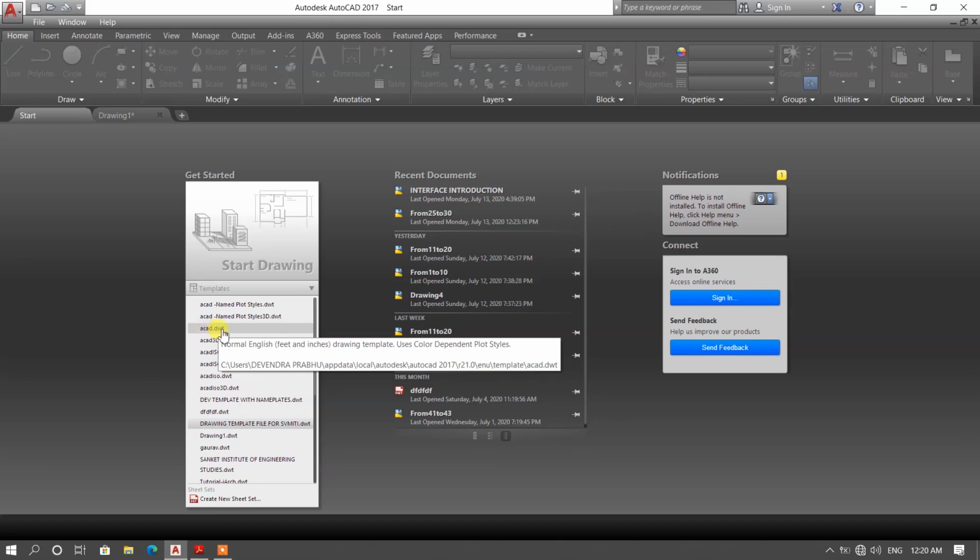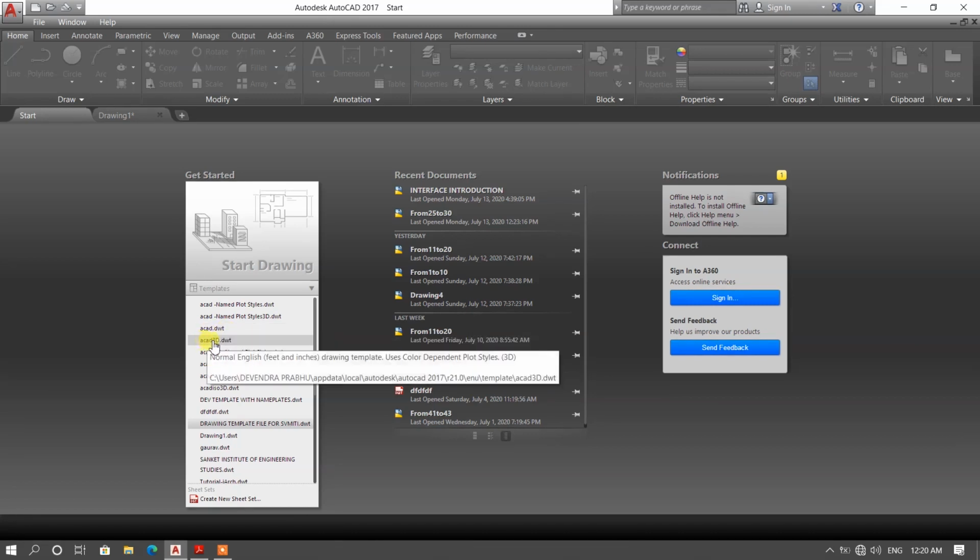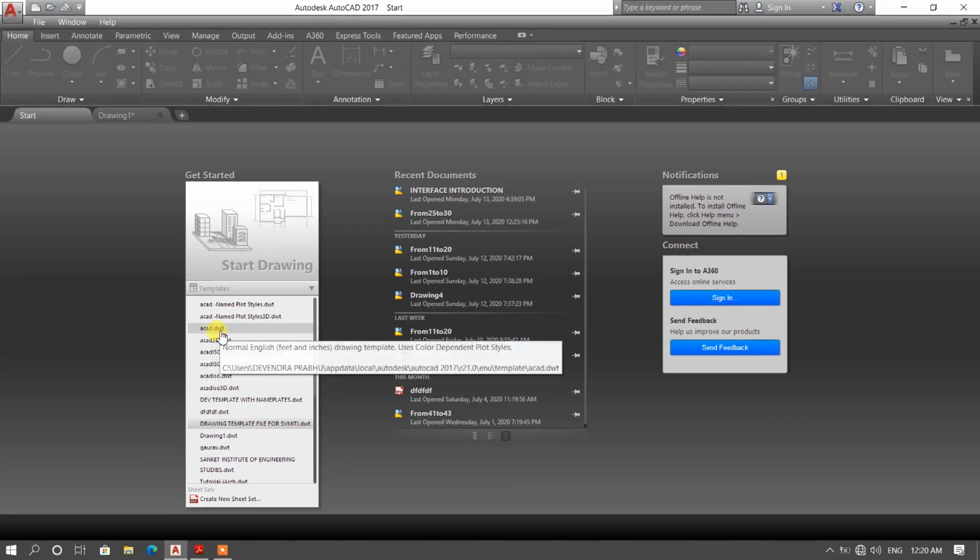Basically, ACAD.dwt is used for 2D drawing. ACAD 3D.dwt is used for AutoCAD 3D drawing. In a DWT file, meaning a drawing template file, you can save your units, layers and dimension setting.